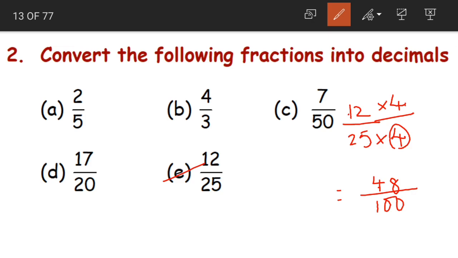So we can convert it into a decimal, right? Again, the numerator has only 2 digits where the denominator has 3 digits. So we are placing a 0 to the left of the number, that is before the number. Now where will we place the decimal point? Here there are 2 zeros. So after 2 digits from the right, we'll place a decimal point. Understood, children? So 12 by 25 is nothing but 0.48.